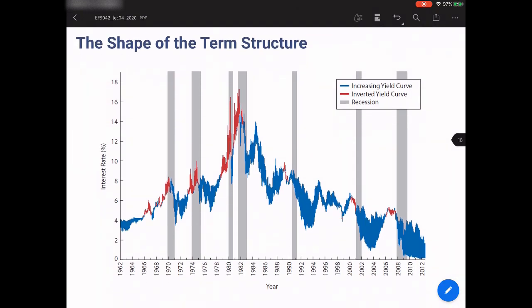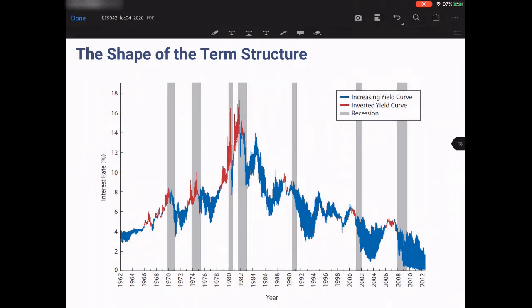Okay, so back to the shape of the term structure. As I explained already in the beginning of this lecture, the shape of the term structure can change simply based on sentiments or changes in future expectations about macro variables such as inflation and the growth rate of the overall economy. And so this is a representation of, you can think of it as, expectations about the overall growth of the economy over time. What I'm plotting here